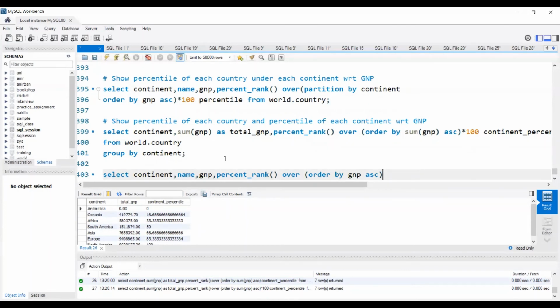here I don't want to show under each continent what is the percentile value of each country. I need to show overall what is the percentile value of each country. Just the continent name is to be shown so that I can know that this particular country belongs to this particular continent. So I want to show overall percentile values of countries along with their corresponding continent names. That's it. So that's why we are not using